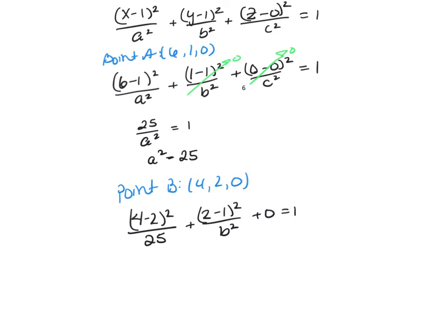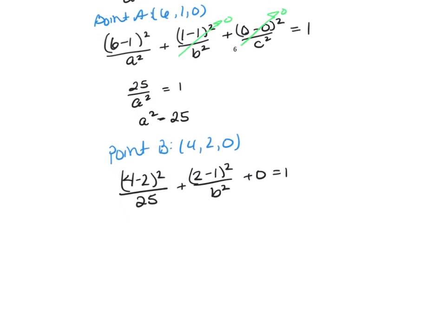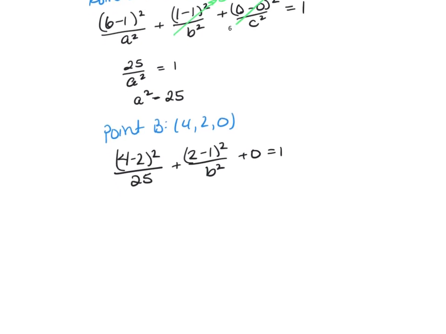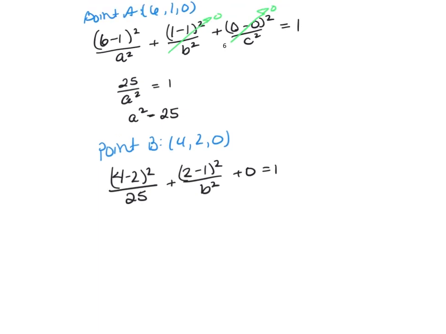The only variable that we now have is b squared. So 4 minus 1, which is 3, the quantity squared is 9, so I have 9 over 25